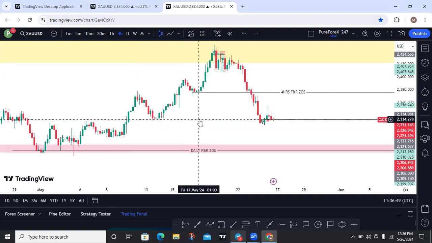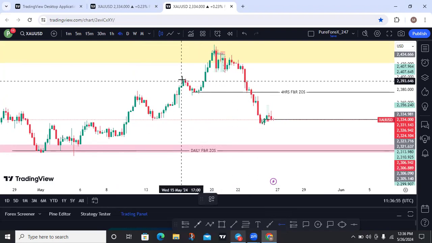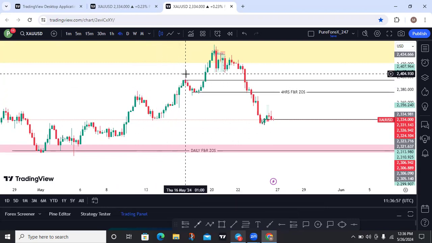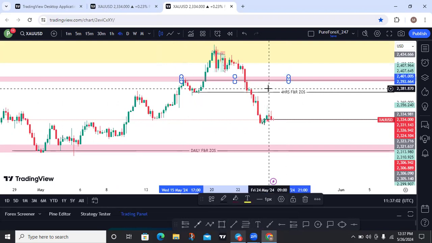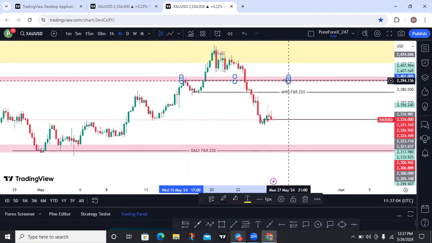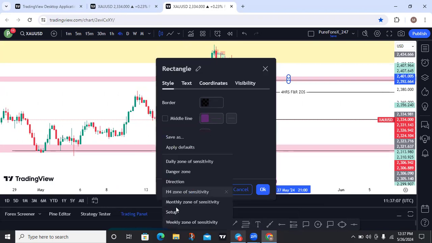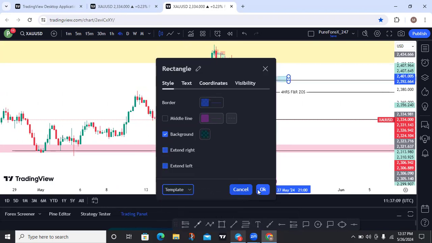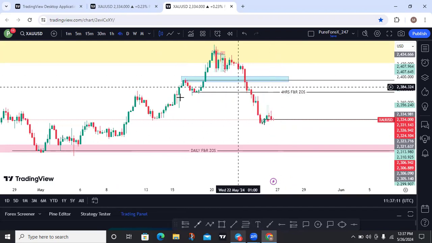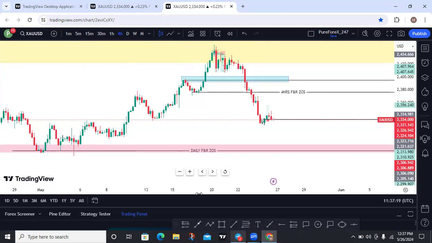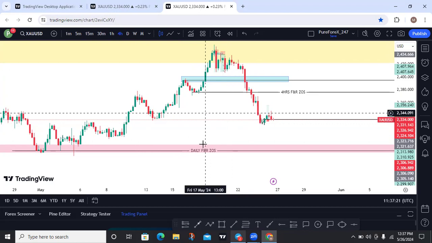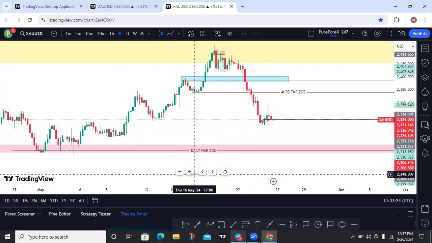You may mark your QM here at this point. You mark your QM here, and then you will be waiting for price to come and react. And then you see that price will get to somewhere here and start dropping. Why? You say, oh, price did not get to my left shoulder. That is because you don't have mastery when it comes to Quasimodo reversal.